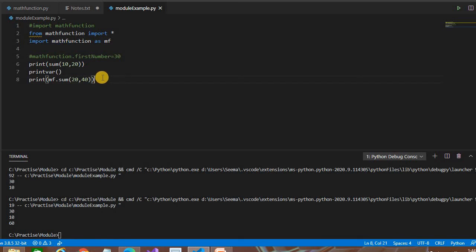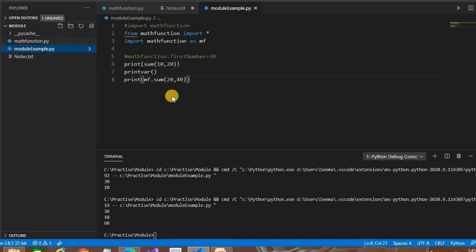The third one is how the Python compiler searches the modules. First it will search in the current directory where all the files are saved, because we have just declared it there. If it is not found in the current directory, it will go to the Python path. In the first video I gave the details about how to set the path.